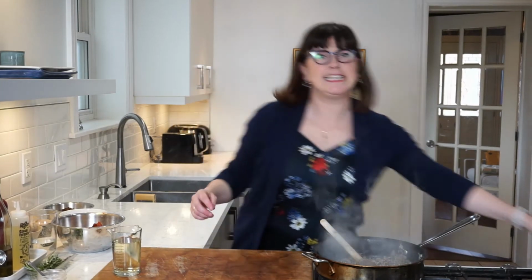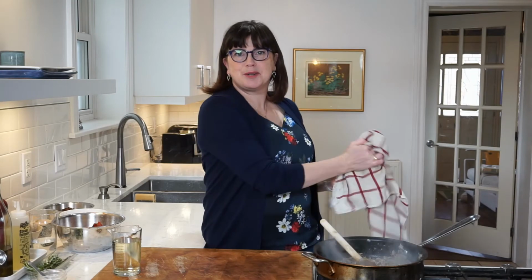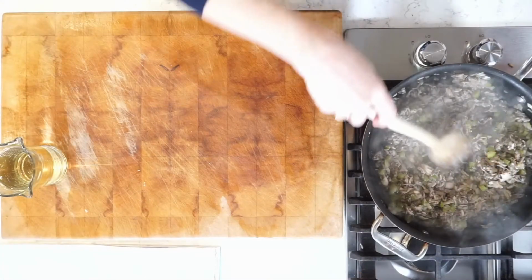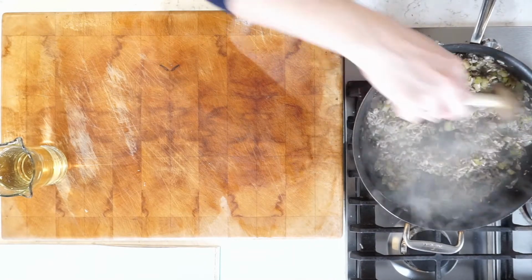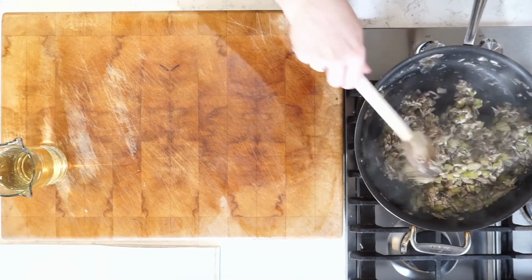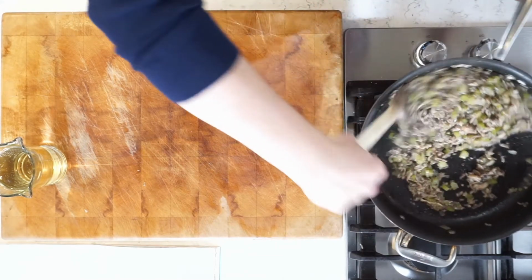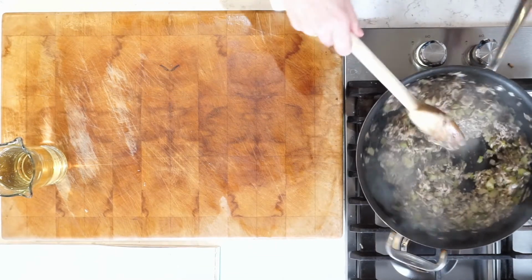Never hurts to have a clean kitchen. Always makes the afterwards feel that much easier. All right, look at this now. We have got mostly dry pan here. Lots of steam still coming off of here, but there's not a lot of liquid in the bottom of the pan. So good timing. Now we can get everything